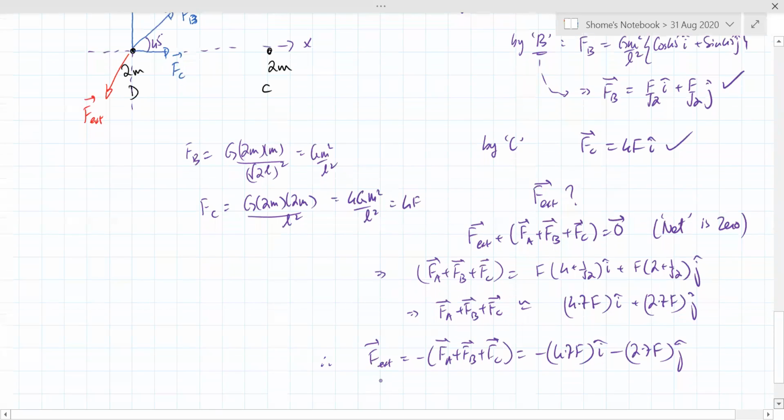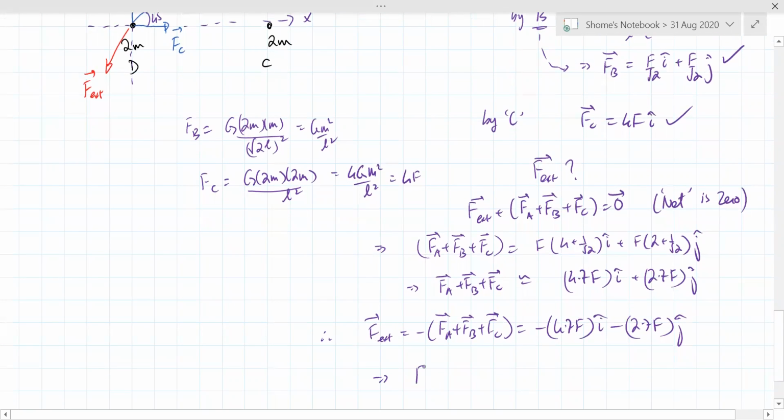Okay. So the magnitude of the external force will just become F into square root of 4.7 square plus 2.7 square. Of course, this is an approximation where we have reduced to second place of decimal. So you will see that to do this calculation, it will come out to be